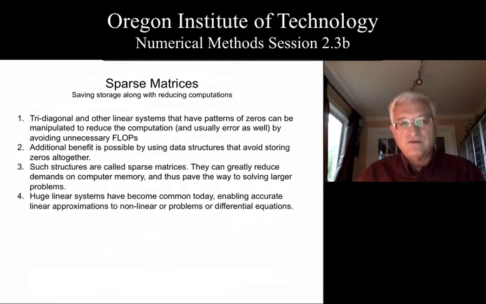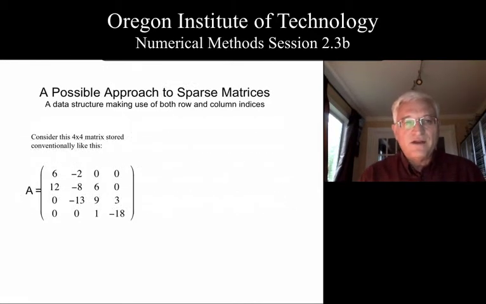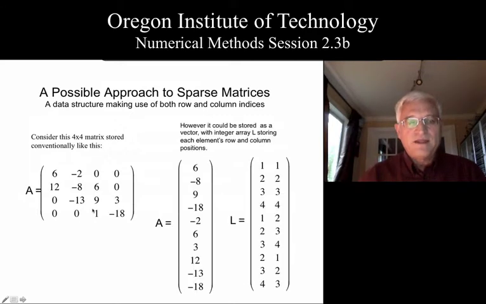Now, in today's world, we solve big linear systems, particularly when we're looking at airplane design. So we have a need to be able to handle these matrices so that they don't either swamp or exceed the memory capacity of the computer that we have. To get a handle on that, let's take a look at the matrix that we have here. This 4x4 is tridiagonal. It has a major diagonal, a super and a subdiagonal, and zeros everywhere else. Is there a way we could store that better? Let's try this method. So what if we took the main diagonal, these 4 elements, and put them in the first 4 positions of a vector?